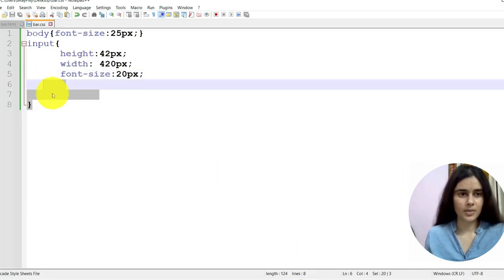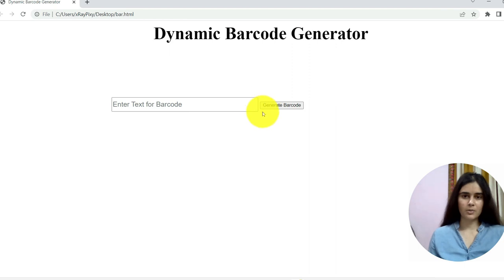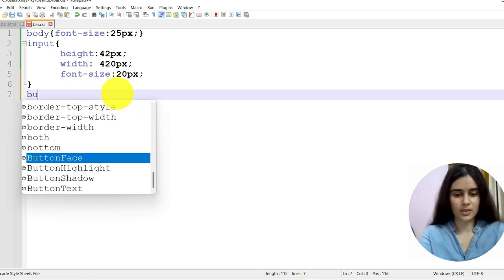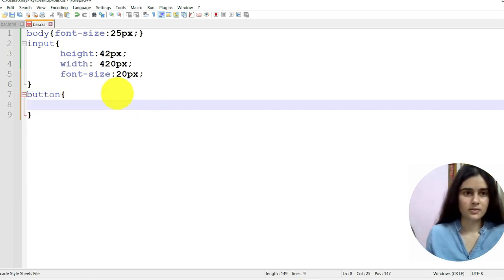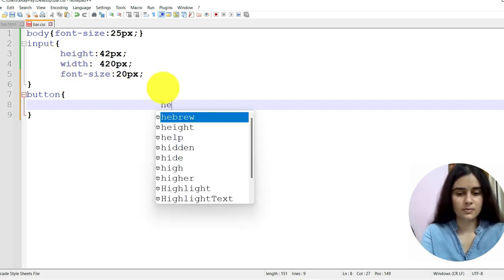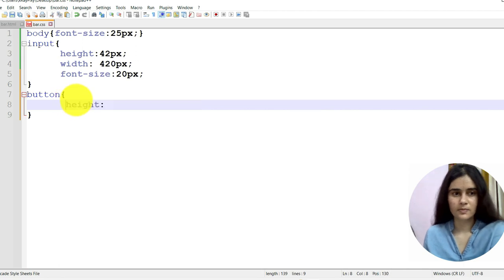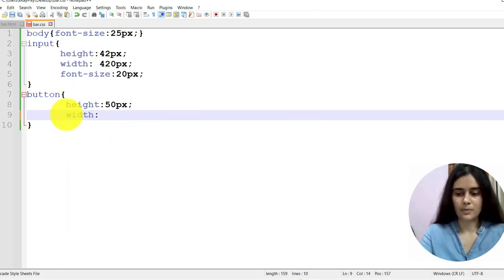Now we will style the button tag. Done. Now we will style this button. So here I'm using the button tag. Its height 50 pixel, width 190 pixels.